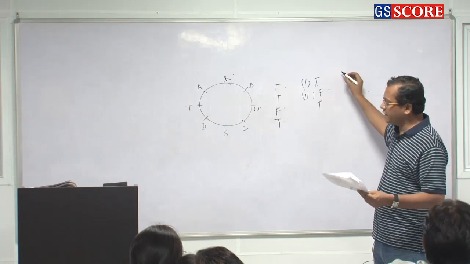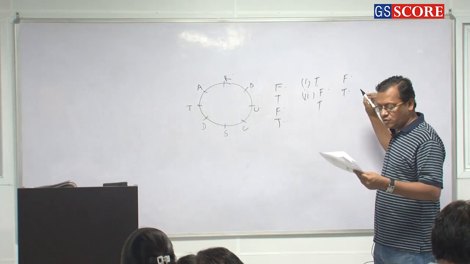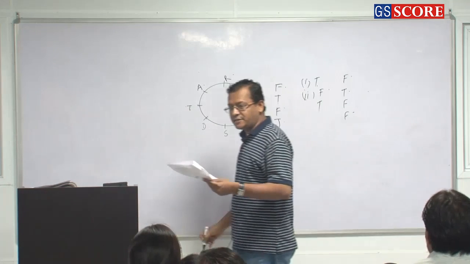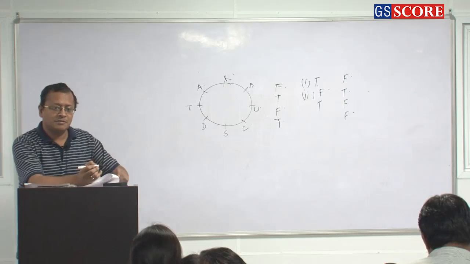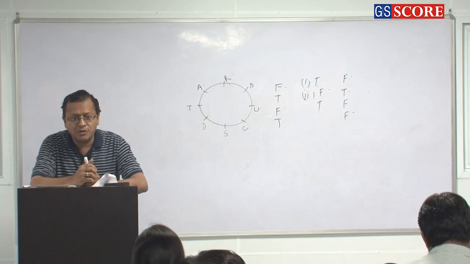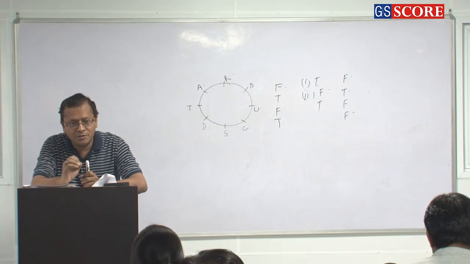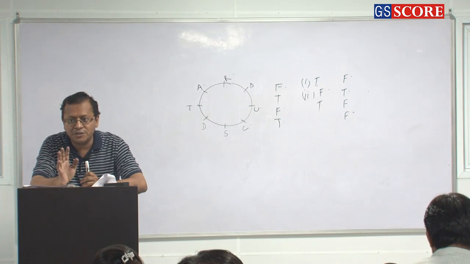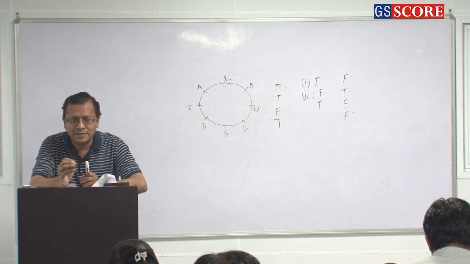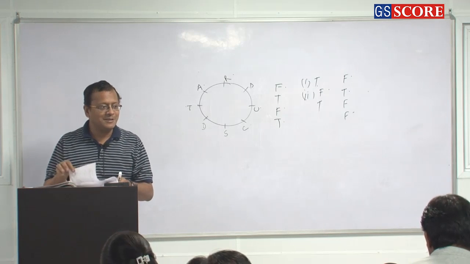So let's try J. First one is false, second one is true, third one is false, fourth one is false, which means he has ate jalebis. So in these kind of questions, whenever you have got more statements, true false kind of questions, you assume the answer and then proceed and check the true false condition. He ate jalebi. Clear or not? Okay. Clear or not? Easy or not?